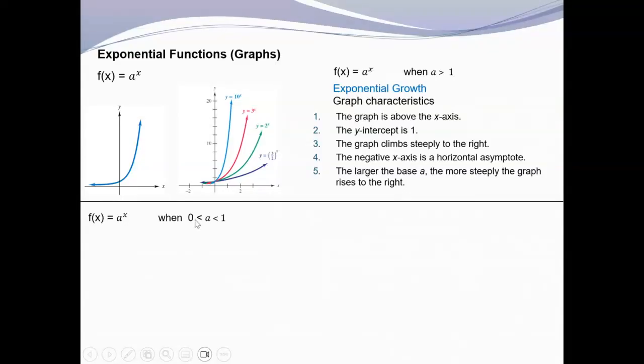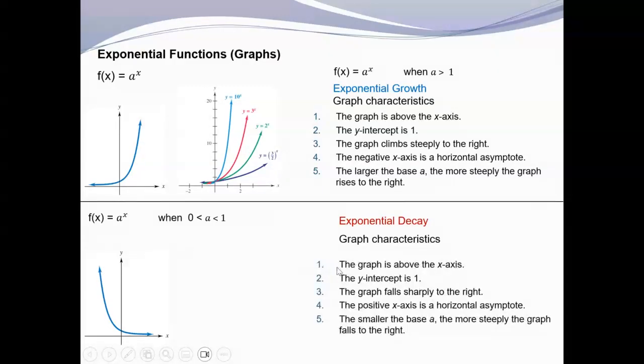Okay, now, what happens when A is between 0 and 1? Right, so this is called decay, exponential decay. And these are the characteristics, right? But it's almost the same thing as exponential growth, but it's just in reverse, right? Because for the decay, it starts high and it begins getting closer and closer to 0 towards the right of